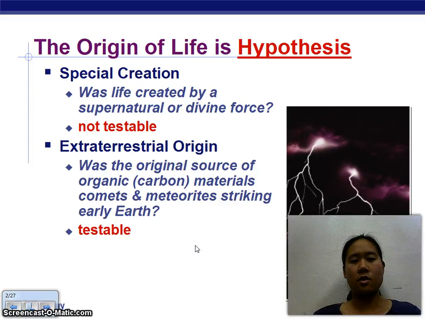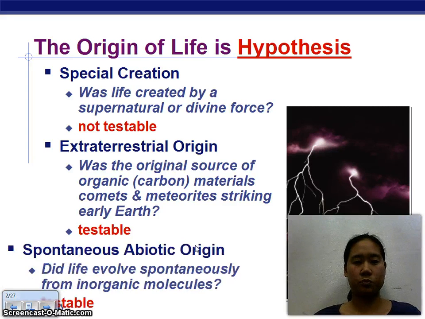There's also the idea that maybe living material came from off of this planet, and that one is starting to gain more and more ideas. There have been some issues with contamination that people critique, but the idea that life came from outside of Earth is something that we can test, because we can look for things like proteins and carbon structures on other planets or even meteorites to see what origin it came from.